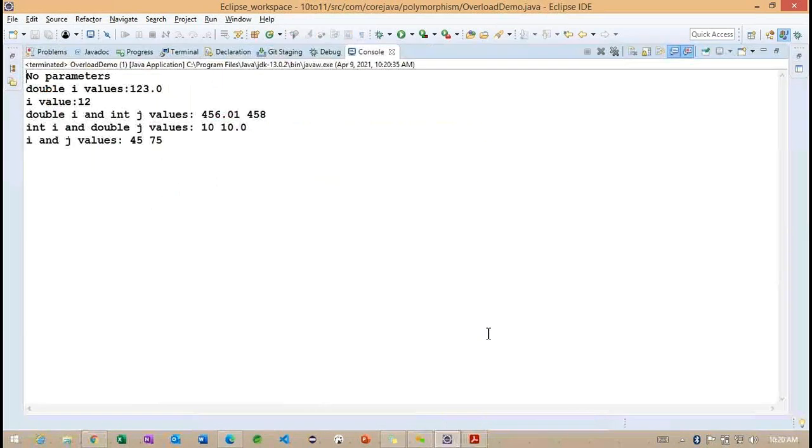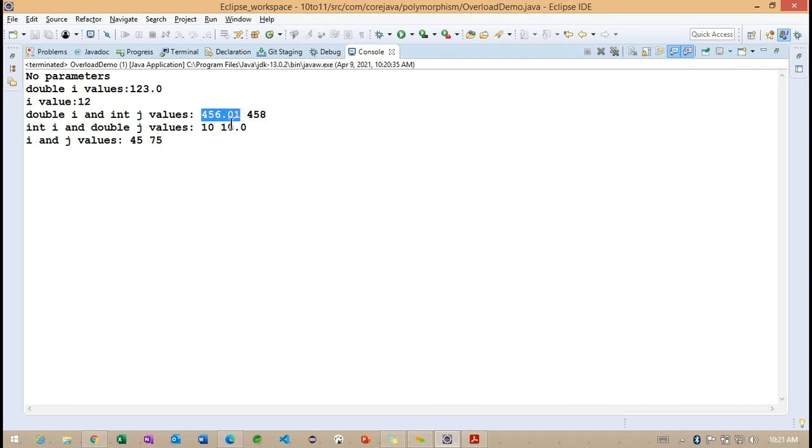Here we are getting the values. The first one we identify as no parameters, and later the double parameter, the i value, we are getting 123.0, and this is the int parameter. Getting the point. This is the int parameter we are getting, the value we passed as 12, and later the double data type i value and int data type j value.